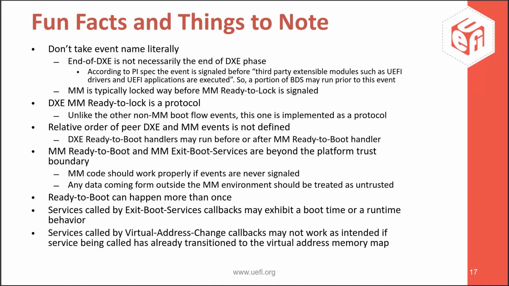So if exit boot services event callbacks alter memory map, essentially the call to exit boot services fails. The UEFI specification has a provision for that. It says that if a call to exit boot services fails, OS has to repeat the sequence. It has to call get memory map and exit boot services again. So there is some recovery mechanism, but